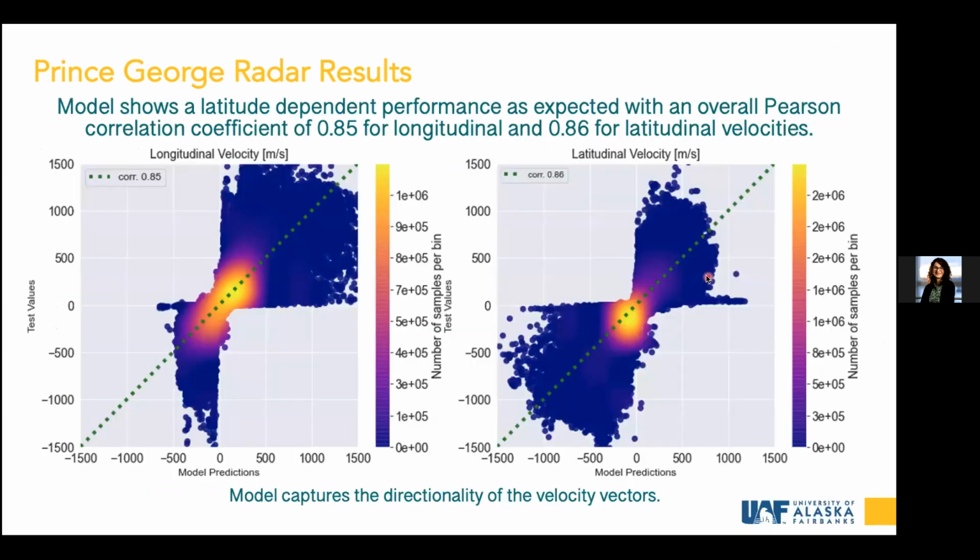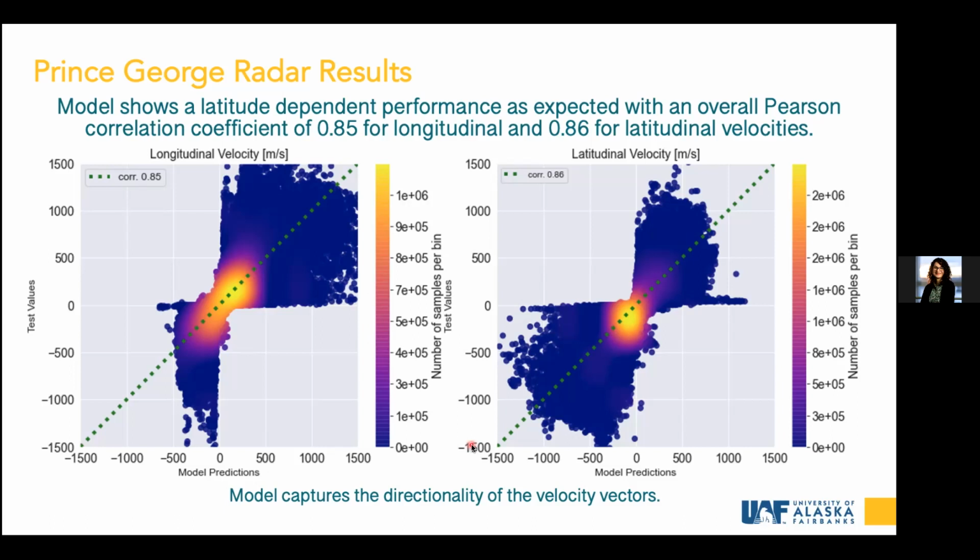So let's see how the model results look like at a glance. I don't know if you have seen this bow tie type of distribution, but this kind of distribution we tend to get when we are trying to predict something with a polarity, meaning that that has that directionality. So here we have the longitudinal velocities, and here we have the latitudinal velocities. On the y-axis, you see the test values from our test set that we